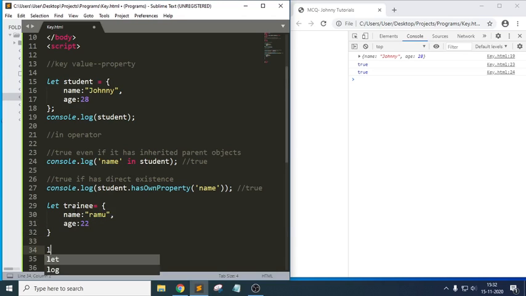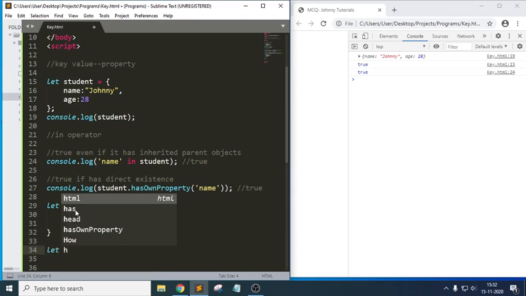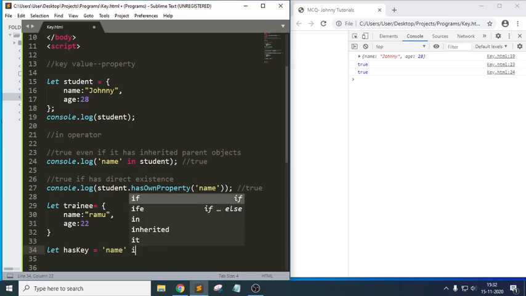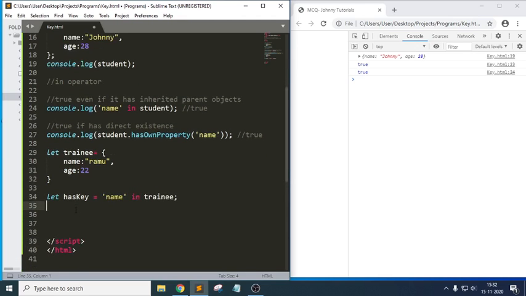Here let me write hasKey. I'm just trying to write manual code, nothing more, instead of printing boolean values. The in operator will check whether name is present in this trainee object or not. If it has the property, if it has the key,